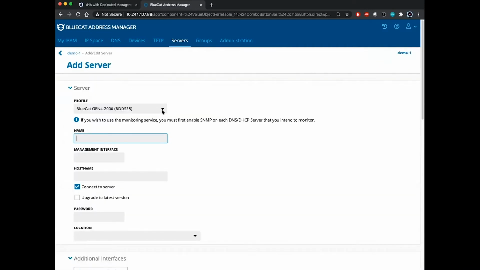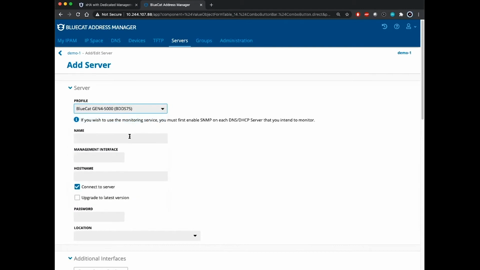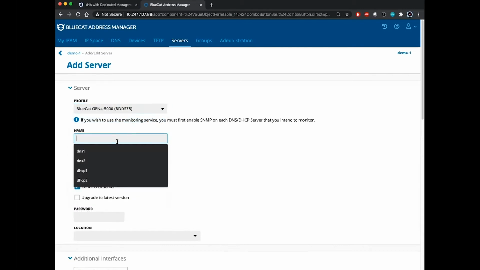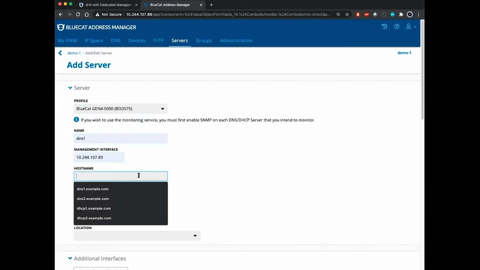A moment ago, I said that for xHA, the software version needs to be the same. So I have two BDDSs on BDDS 9.2 software, but the profile has to be the same. By default, here we see a Gen 4 2000, also known as a BDDS 25. Just for this demo, I'm going to make them the BDDS 75. And here you can set your name. I'll use DNS1. And here you see my management interface. This is on ETH0, the IPv4 address on ETH0. Let's add a host name,